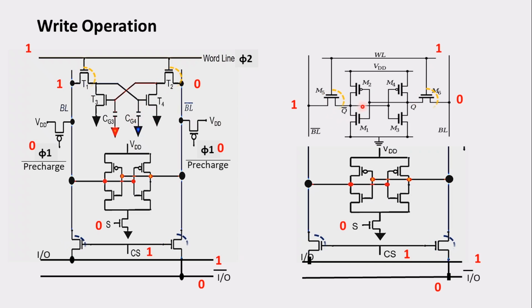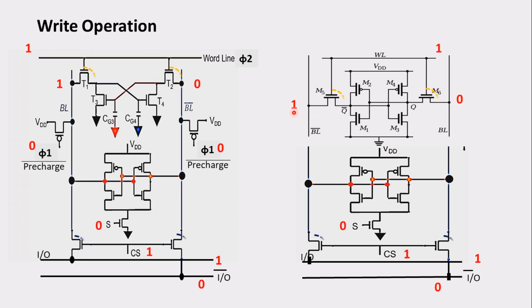In a similar fashion, as we had seen in the pseudo static RAM cell, these are the two inverter stages. Based on these two inverter stages, we are going to apply these things. See here, this particular value that I am writing over here has been given to the input of this transistor. The output of this transistor is going to be the input of this transistor.